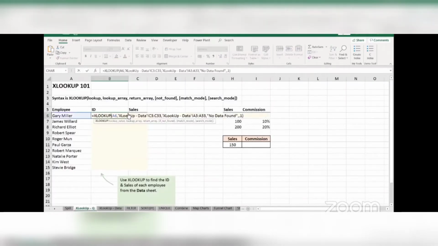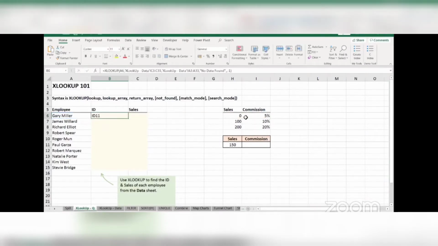We still have ID 4 because I have selected first to last. If I change this to last to first, it will start searching from the bottom. And now if I hit enter, instead of getting ID 4, I will get ID 11. All right, so that is the actual difference here. Whether you start from the top or from the bottom, it makes a difference when you have multiple entries for the same lookup value.